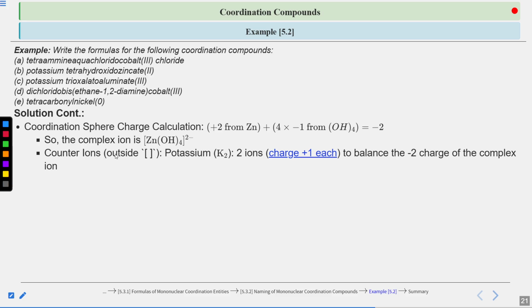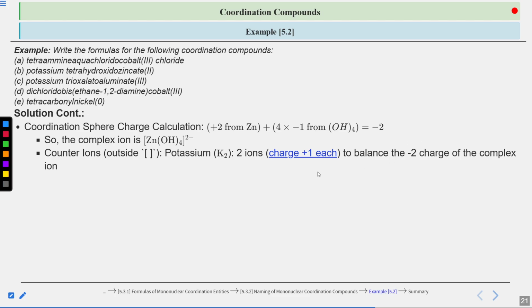Now you have to see if there are any counter ions. Outside the square bracket there should be the counter ion. So there is potassium, and two potassium ions are going to be present because each one carries +1 charge. So the two ions are going to balance the -2 charge of the complex ion, because 1 plus 1 will become 2. That means the +2 charge of the cations, the counter ions, is going to balance the anionic complex ion